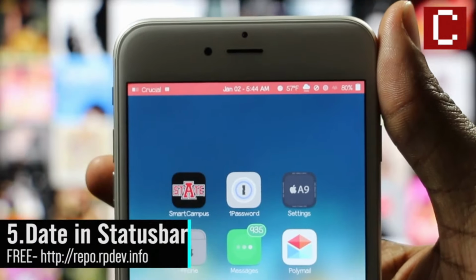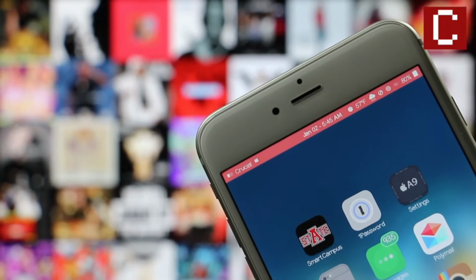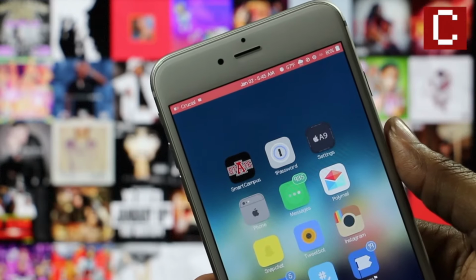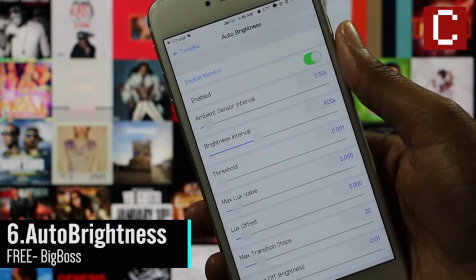Date in Status Bar allows you to have your date in your status bar. There's no options to configure and it's not flashy or anything, but it is a tweak that I always keep on my personal device. Auto brightness is a tweak that adjusts the brightness of your display according to the ambient